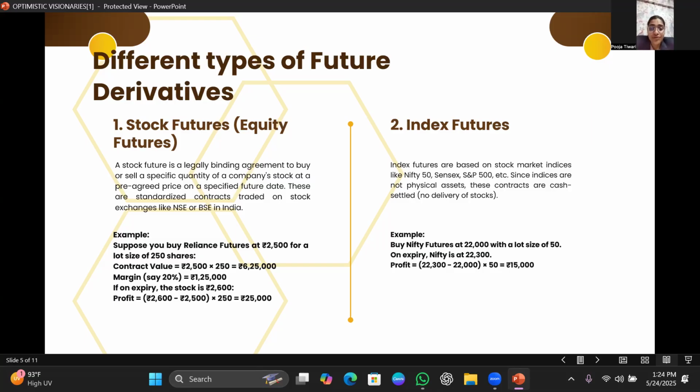Buy Nifty future at 22,000 with a lot size of 50. On the expiry, Nifty is 22,300. So profit would be around 300 multiplied by 50, that is around 15,000. Next,